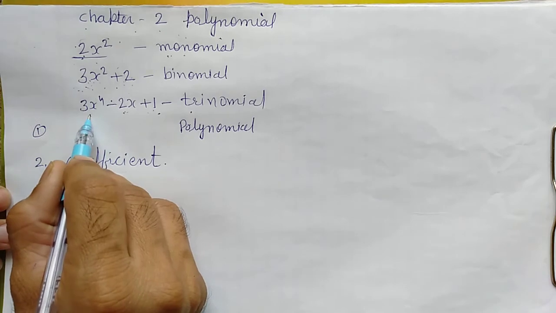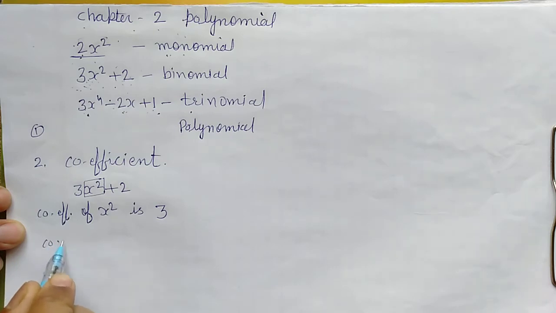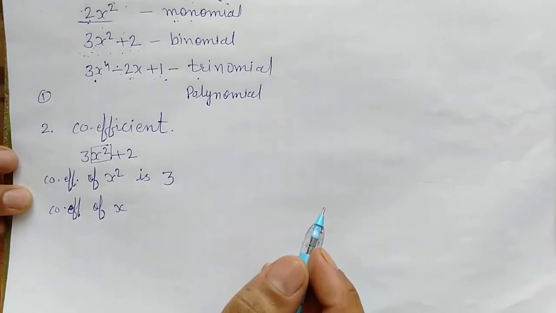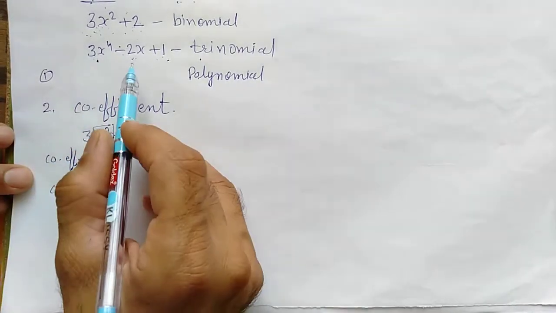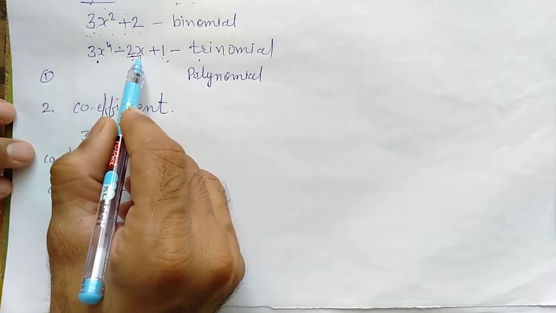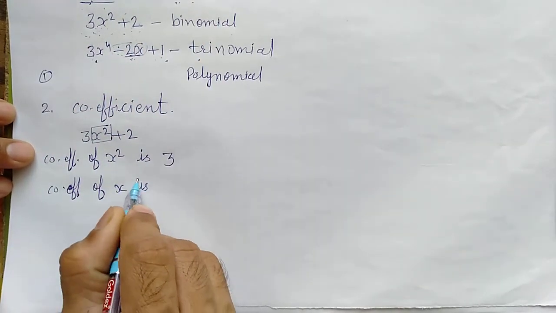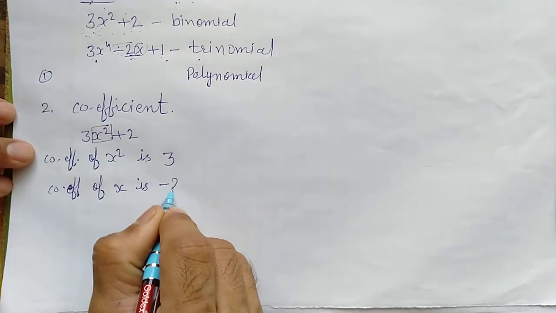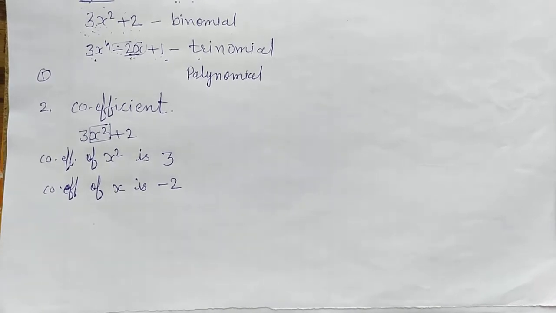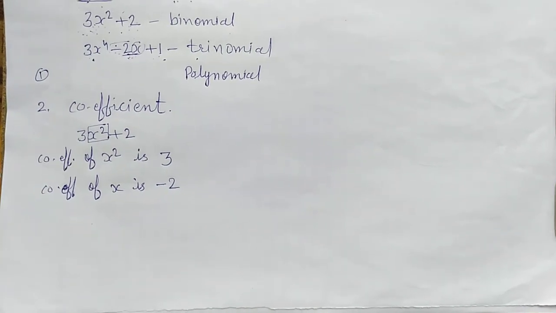Similarly in this trinomial you can see 3x square minus 2x plus 1. In this one, coefficient of x. Now see a term in which x is contained, right? This is 2x, in which x is there, and see leave this x, what is left? Minus 2. Which sign we will say? So coefficient of x in this term is minus 2, right? These are coefficients, just the multiple of terms or variable, right?